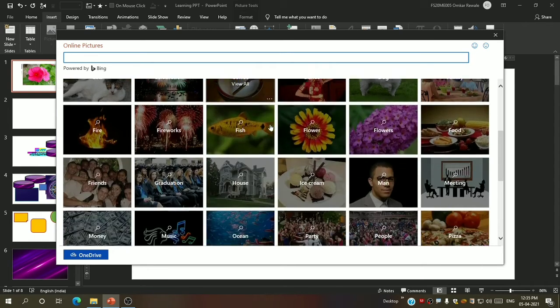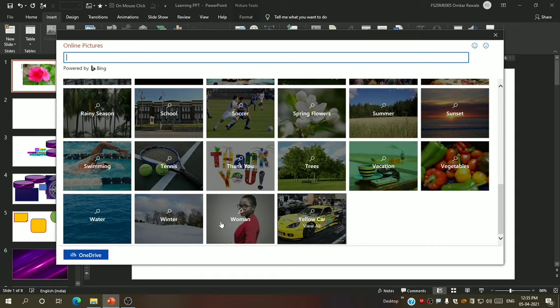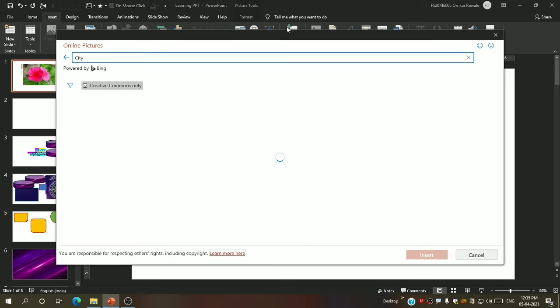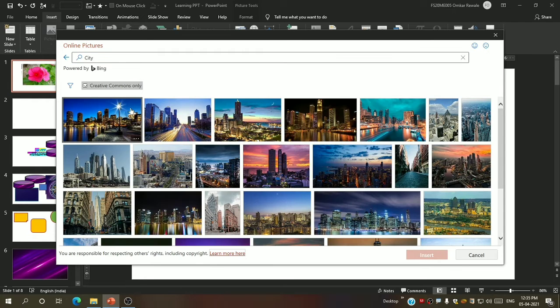Now they have categorized the pictures over here, or you can also find it from this category series, or you can also type it over here. For example, now I will type city and I will press enter. You can see now you can select one picture over here and say insert.